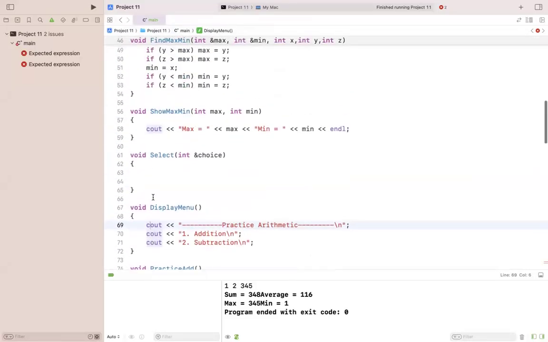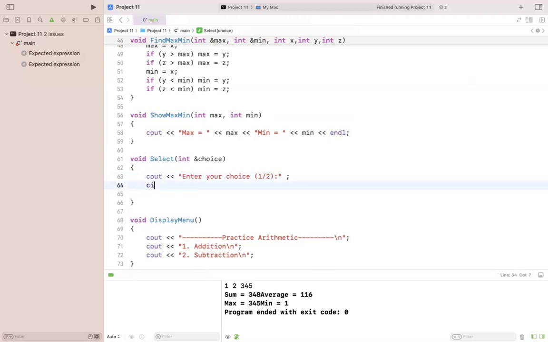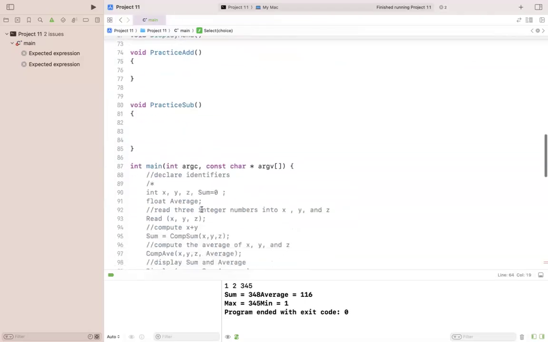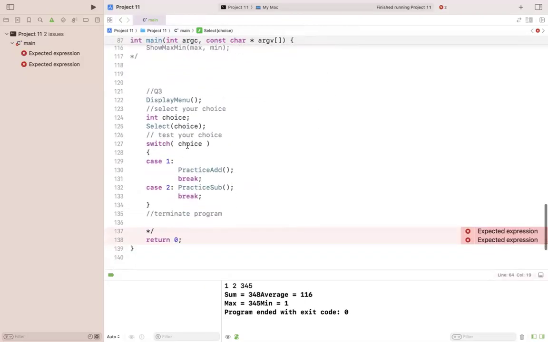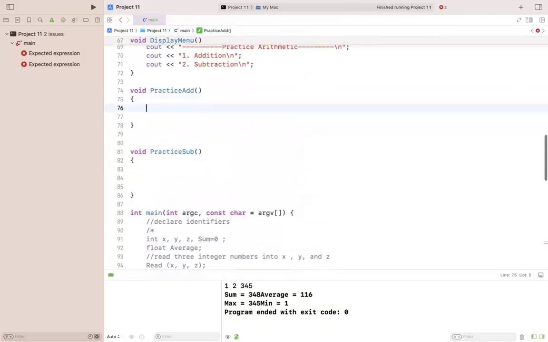Select choice will select the choice. So we need to ask the user, enter your choice. And then we get the choice. After we get the choice, we switch on the choice. If it's 1, practice add. So for the practice add,